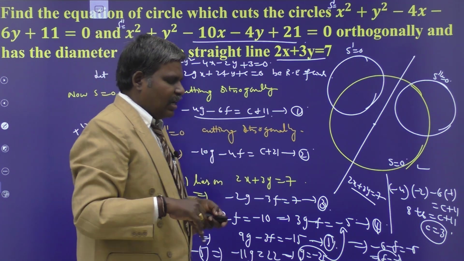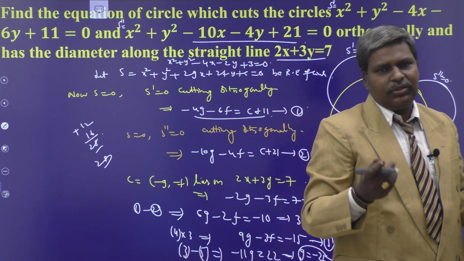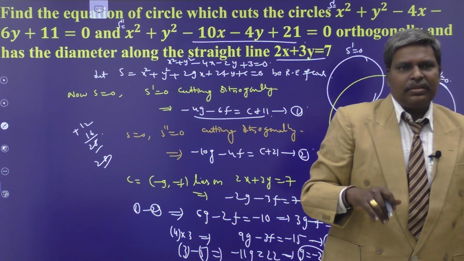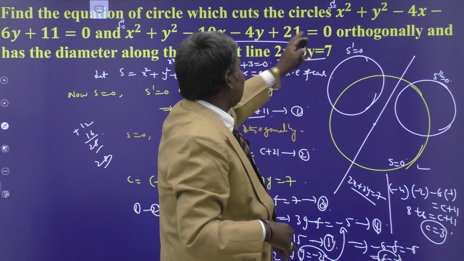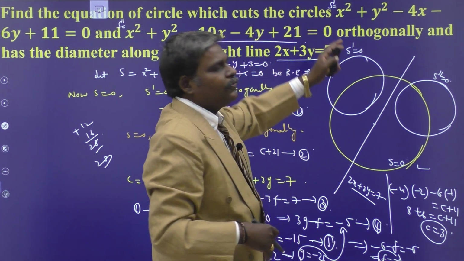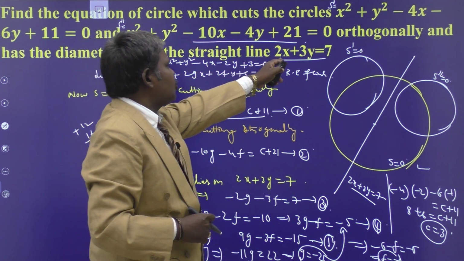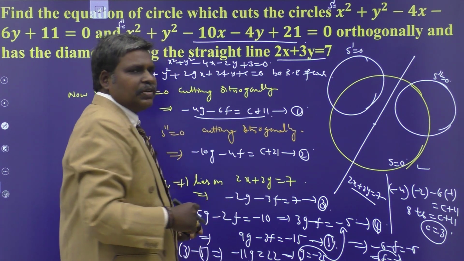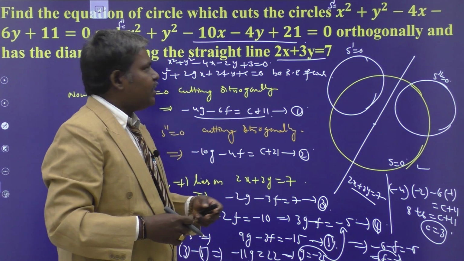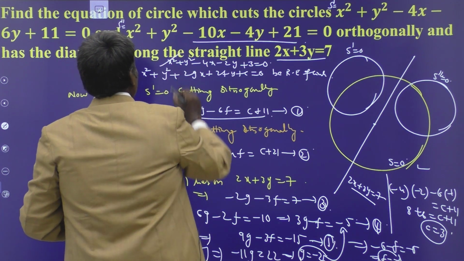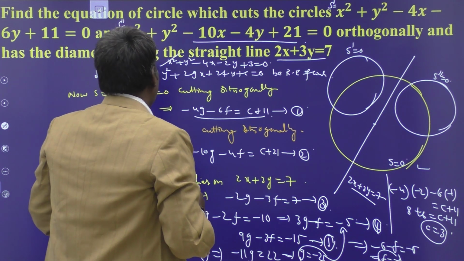So after getting the geometry answer, you can check whether it is correct or not. You go for the cross checking. That means the obtained circle satisfies the condition, that is cutting orthogonally s dash equal to 0 and s double dash equal to 0, and its center should lie on your line 2x plus 3y is equal to 7. So the verification is also valid. This is the correct answer: x square plus y square minus 4x minus 2y plus 3 equal to 0. Understand?